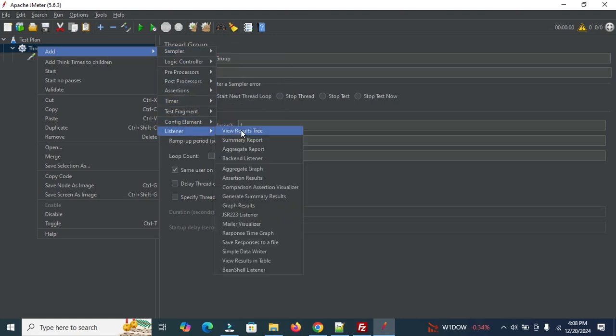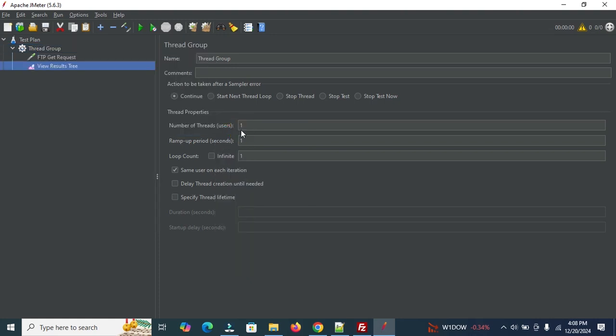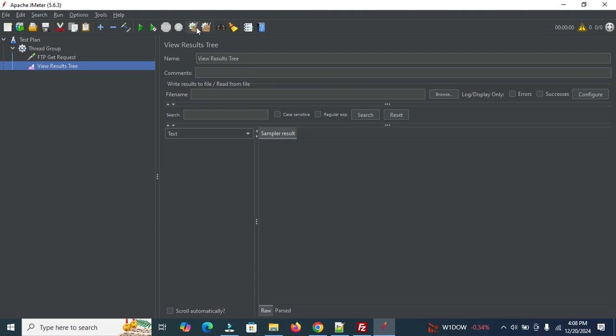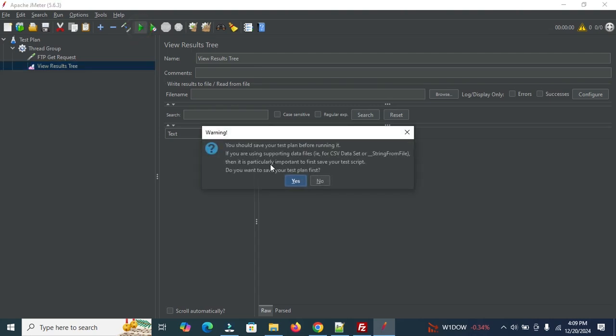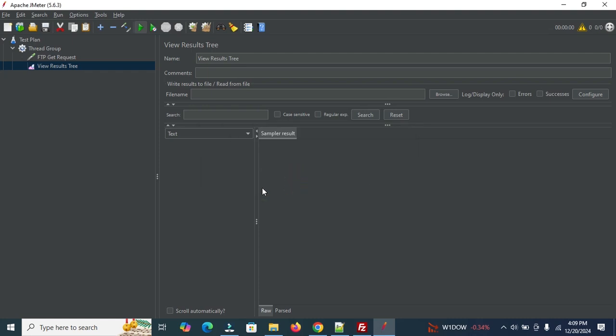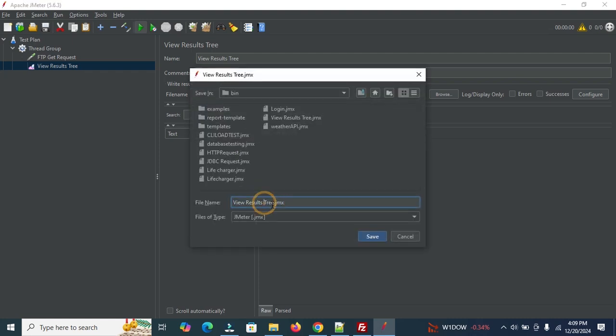Let's add a listener to view the request and response. We can view the response and request by using View Results Tree. Let's clear the records now. Click on start. It will ask to save the test before running it. So click on yes and enter the file name here,